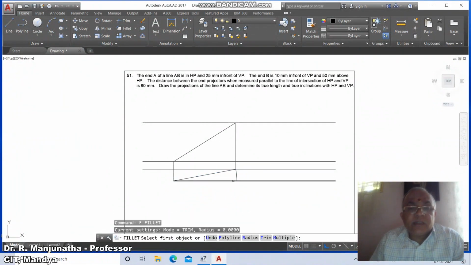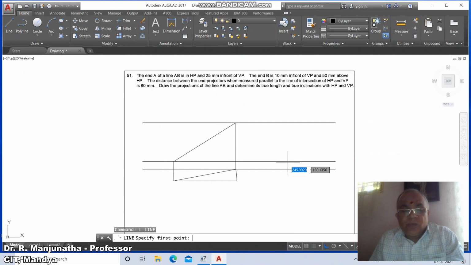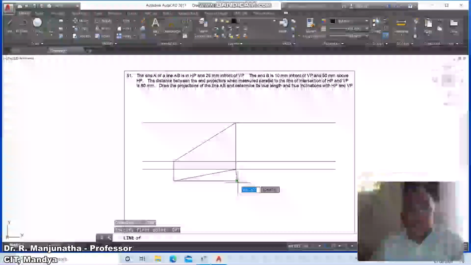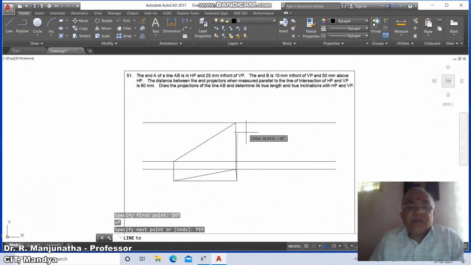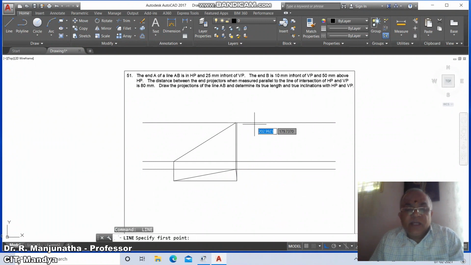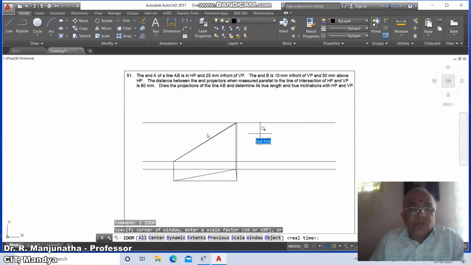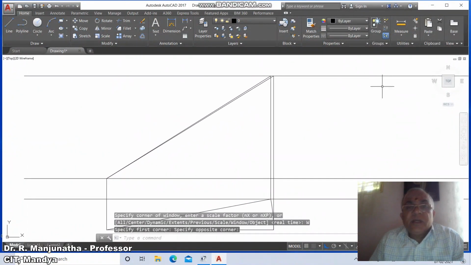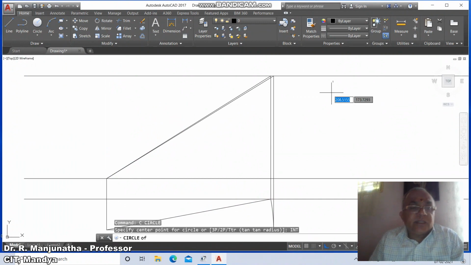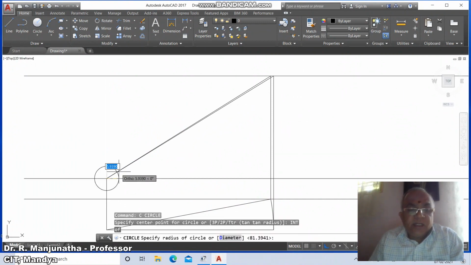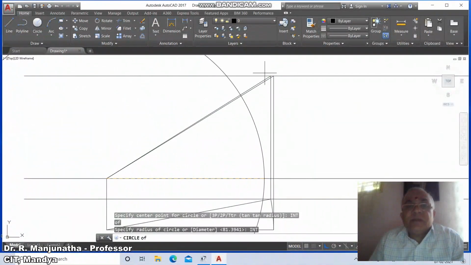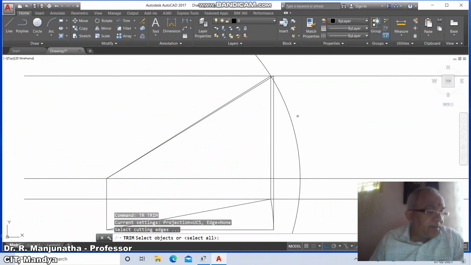Then go to fillet, select between these two, then go to line, take the intersection point of this to perpendicular to this. Then go to line, take the intersection point of this to the intersection point of this. Then go to zoom window and then go to circle, take the intersection point of this and then the intersection point of this line. Then go to trim